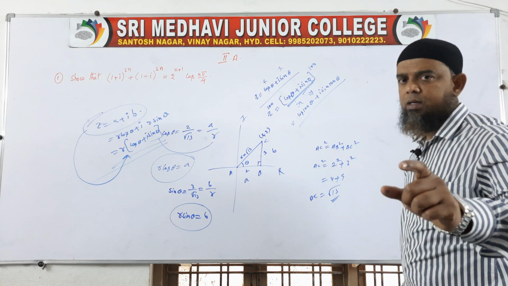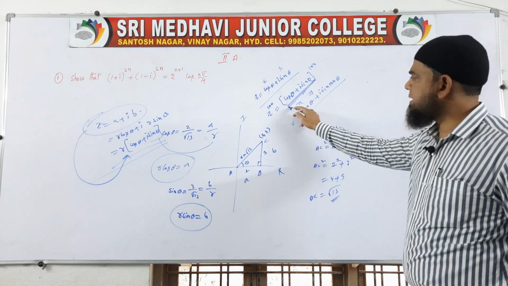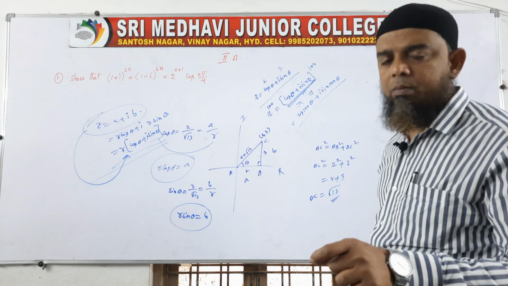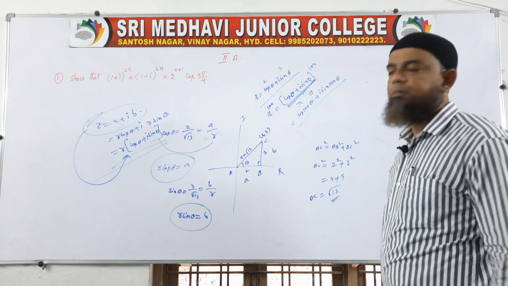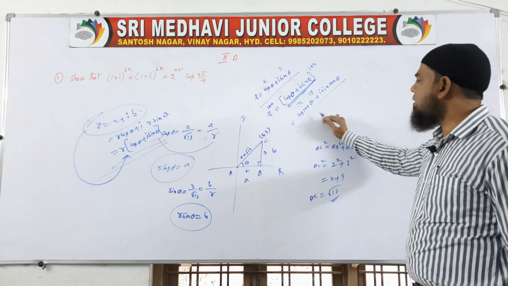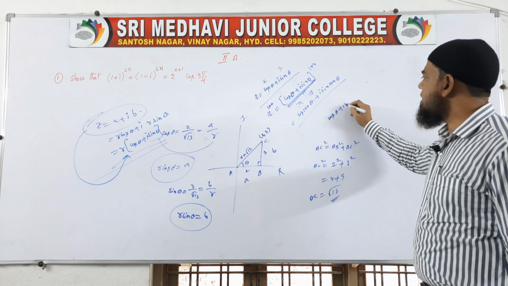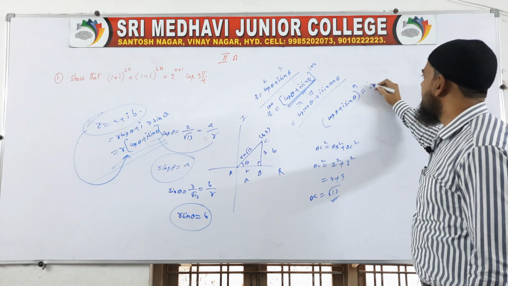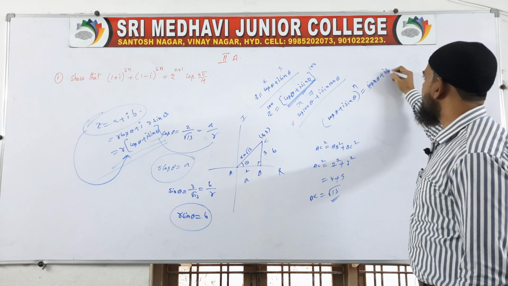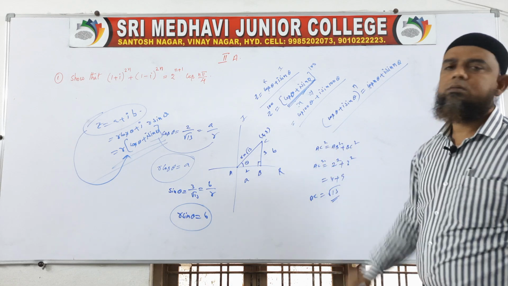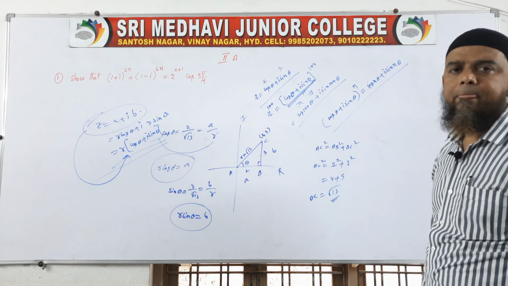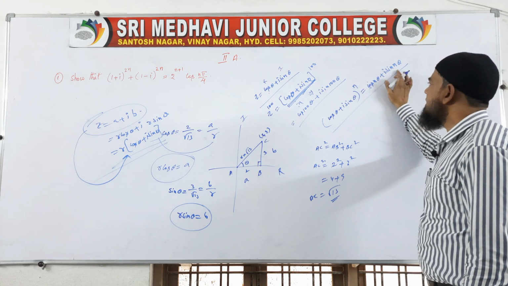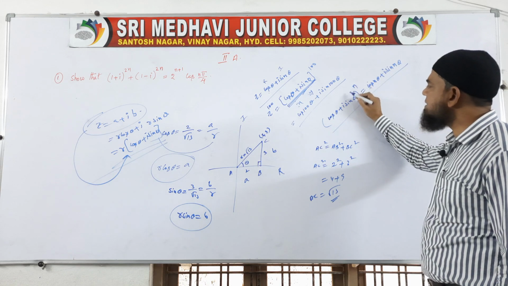Here note the point: when the complex number is in this form, cos theta plus i sin theta, then only we can take 100 inside of the bracket and we can write the multiple of theta. Now, this is the answer. Actually, what is De Moivre's formula? Cos theta plus i sin theta whole power n is equal to cos n theta plus i sin n theta. This is called De Moivre's formula. We can write n as the multiple of theta.